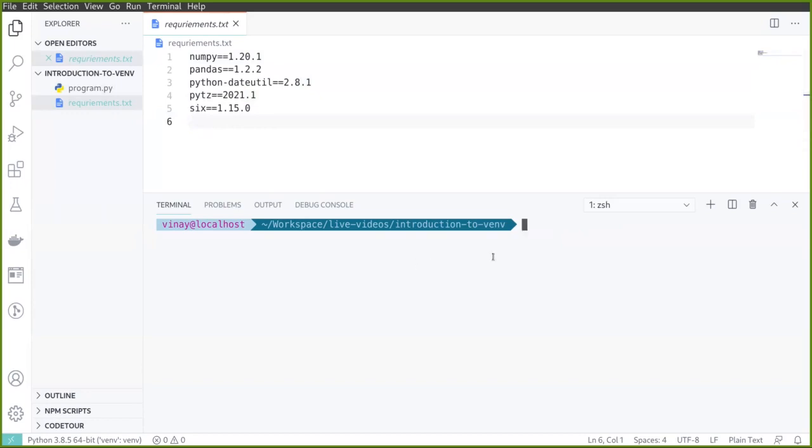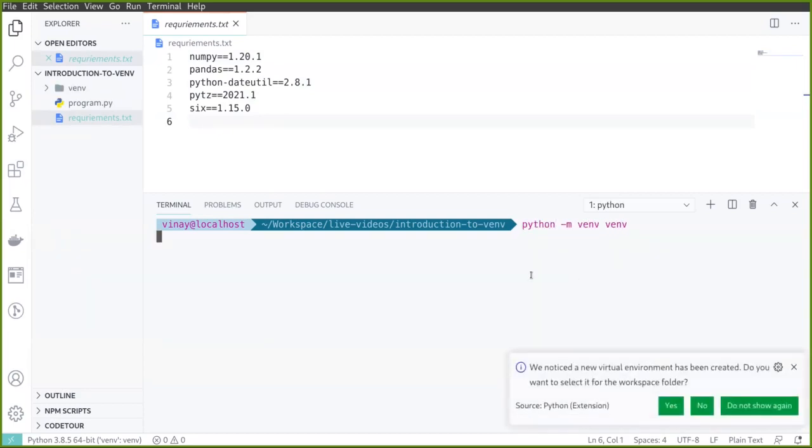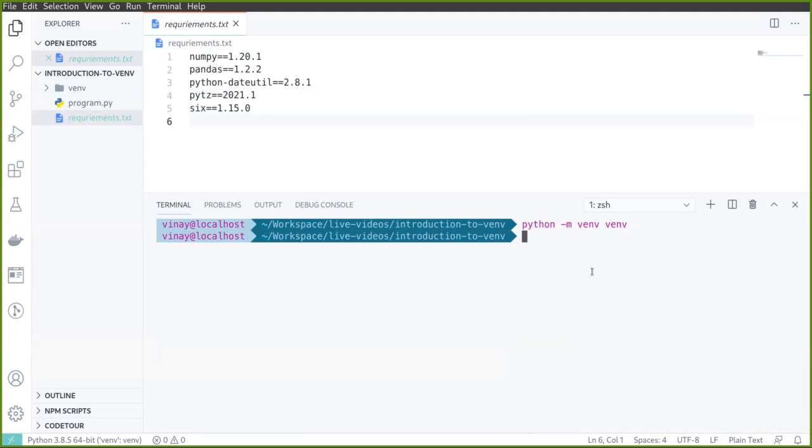The first thing we need to do is create a virtual environment. So let us create that venv, and once this virtual environment is created, we can activate it, and from this we can tell that the virtual environment is activated.